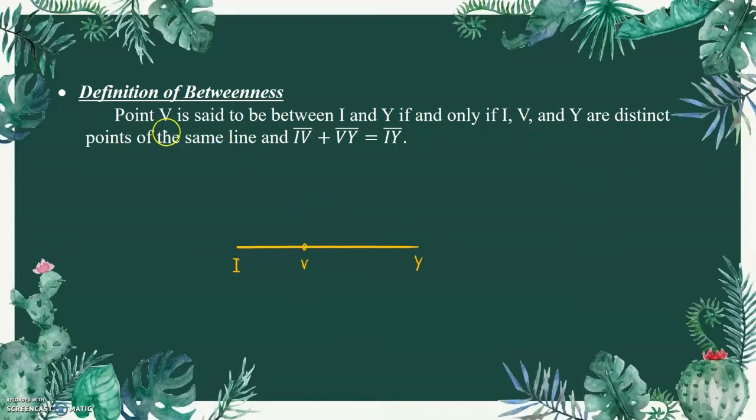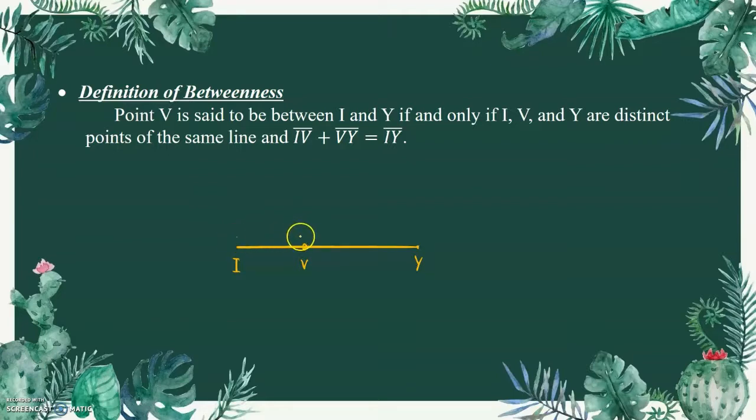Now, point V is said to be between I and Y if and only if I, V, and Y are distinct points of the same line. Now we just have here one line segment, and I, V, and Y are distinct points of our line segment here. Okay, so V is between I and Y since we know that when we add the distance from I